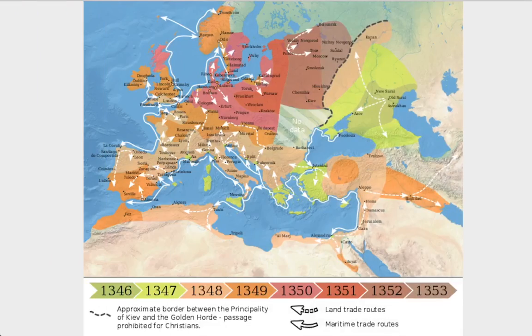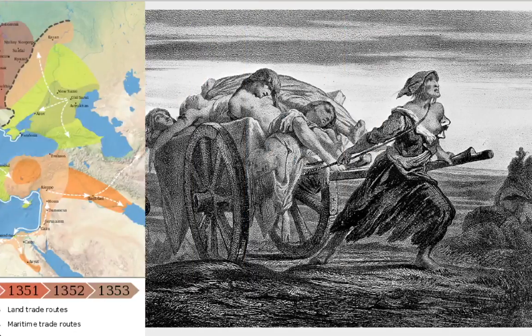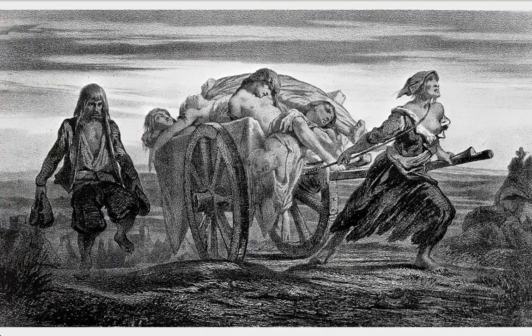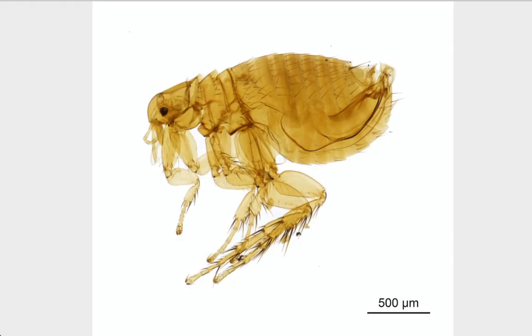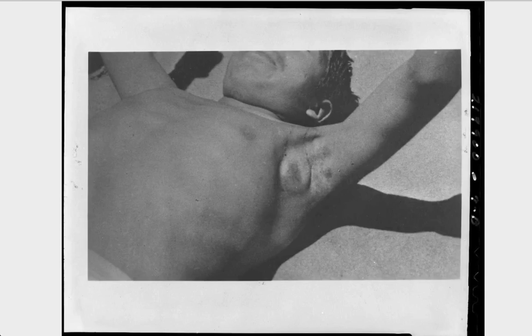The Black Death was a pandemic of bubonic plague and its variant, pneumonic plague, that affected Eurasia in the mid-14th century. The name black probably derives from a misunderstanding of atra in Latin, which can either mean black or terrible. The plague is caused by the bacterium Yersinia pestis that is spread by rat fleas. The place where they bite swells up to form a painful bubo, hence the name bubonic.